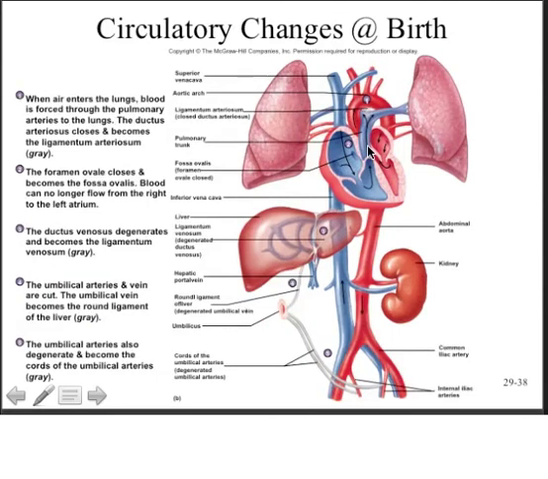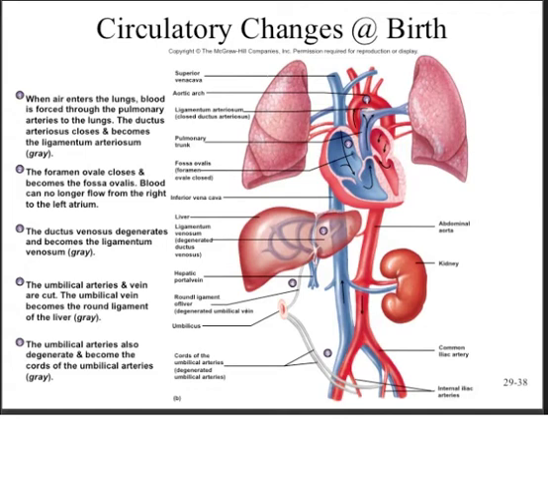At birth, we see quite a few changes. When air enters the lungs, blood is forced through the pulmonary arteries to the lungs. The ductus arteriosus closes and turns into the ligamentum arteriosum. The foramen ovale will shut, becoming the fossa ovalis, and so blood can no longer flow from the right to the left atrium. The ductus venosus collapses and becomes the ligamentum venosum, running on the underside of the liver,